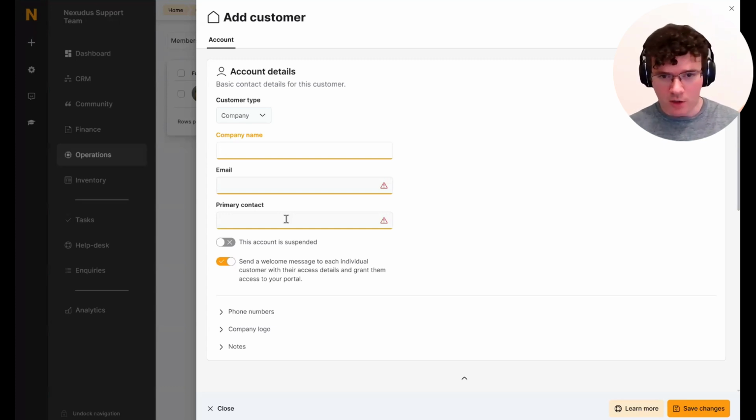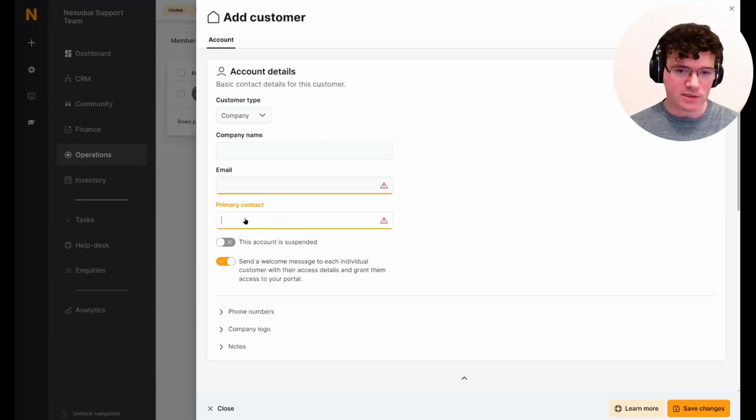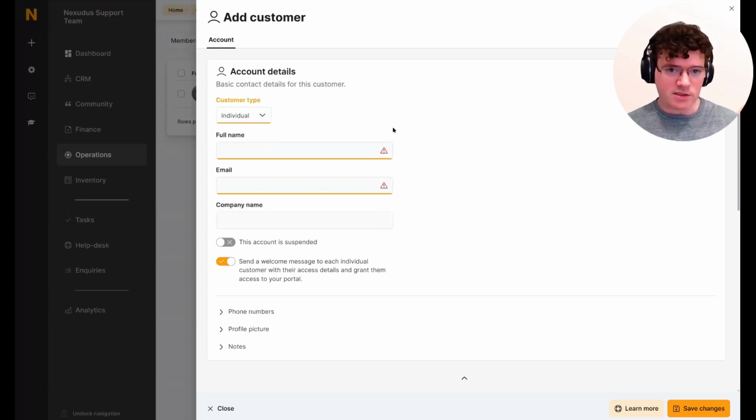You can assign it a primary contact who can also be a member of that team. And the benefit here is if this primary contact leaves or the ownership needs to change for whatever reason, you keep a consistent record of all invoices, because then all you need to do is just update the primary contact and the email address if needed. That's not necessarily something that you need to update if that email address is not changing, and you retain all the information. With an individual account, the difference here is